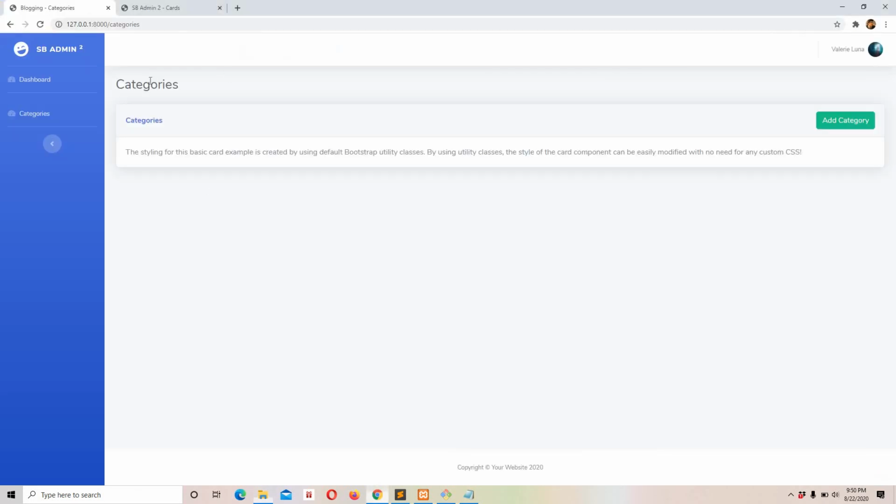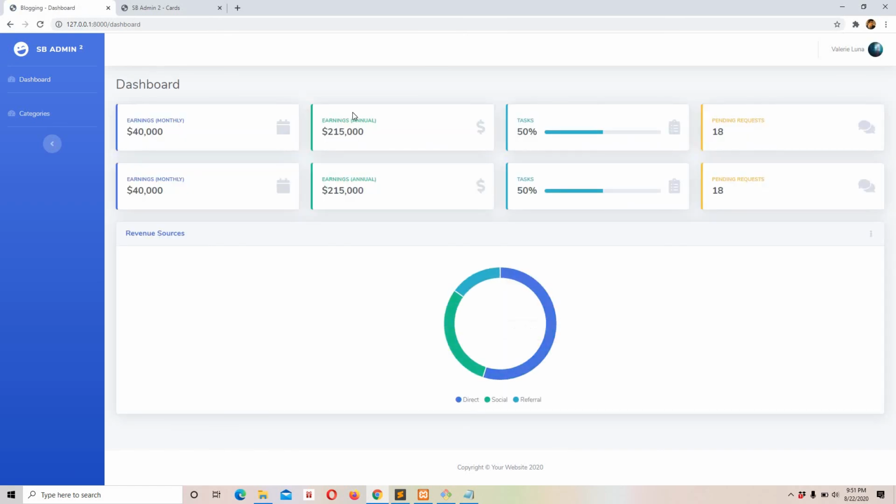So let's refresh our page to see if we didn't break anything, if everything is working perfectly fine or not. Dashboard. Okay, so everything seems to be working perfectly fine, and that's it for this video. And in the next video we are going to configure our master layout for our front end pages, like the basic web pages that every user is going to see, that is related to blog, about, contact us, etc.